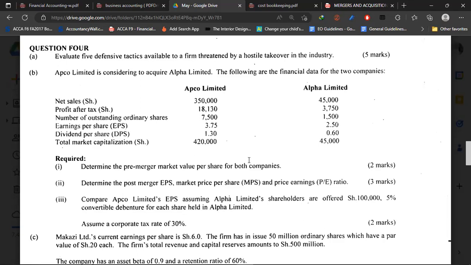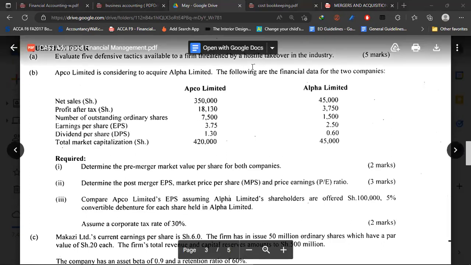Very good. I could see the examiner is giving you good questions here. Questions which is totaling around 7 marks. And we can see that 7 marks as being small marks, but they can make a very big difference at your level. So in this aspect, because the examiner is asking you about pre-merger MPS, right? Let us go back to our board and determine how we can get the pre-merger. So this is how you normally get the pre-merger.